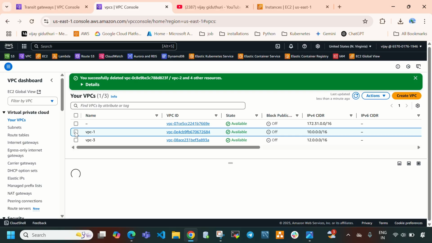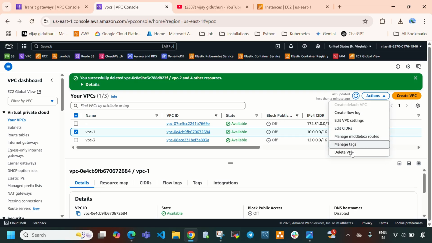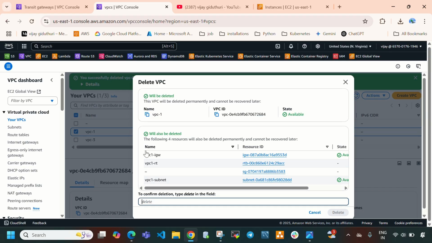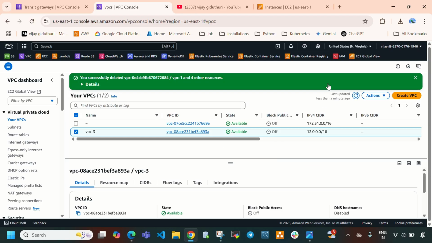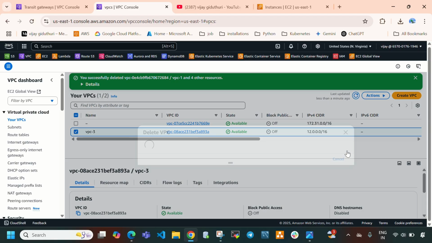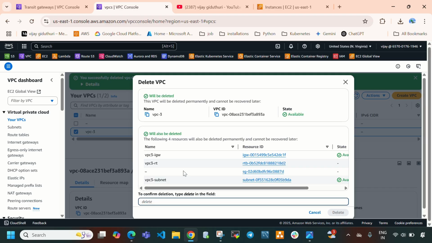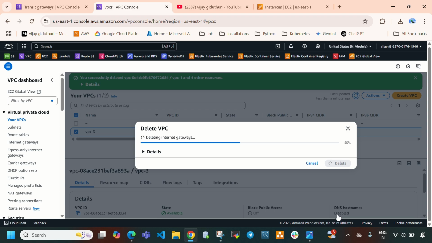Similarly, select VPC1, Actions, Delete VPC, and Delete. Similarly we need to perform this for VPC3. Select Actions, Delete VPC, and Delete. Okay, so all the three VPCs got deleted.